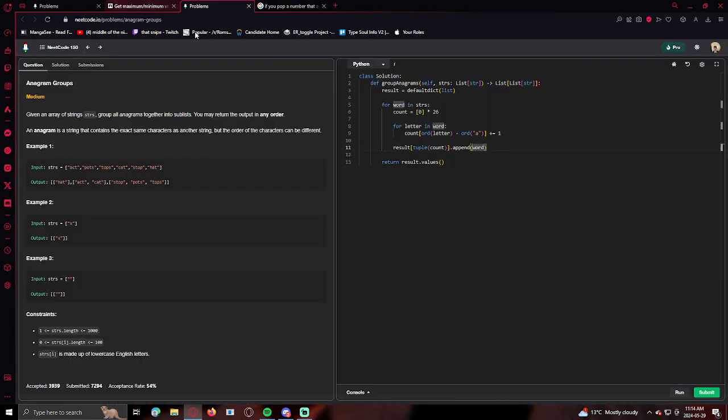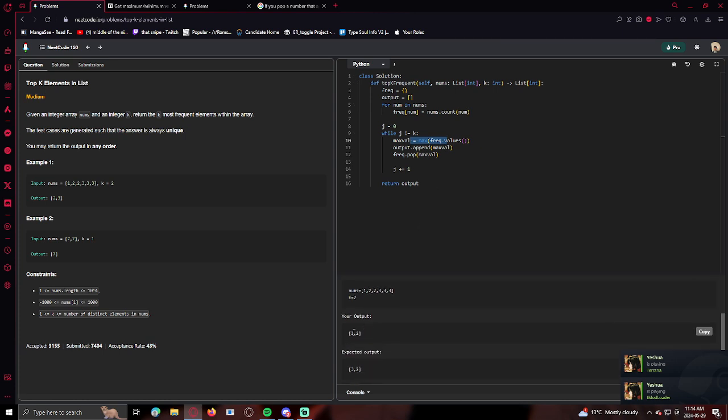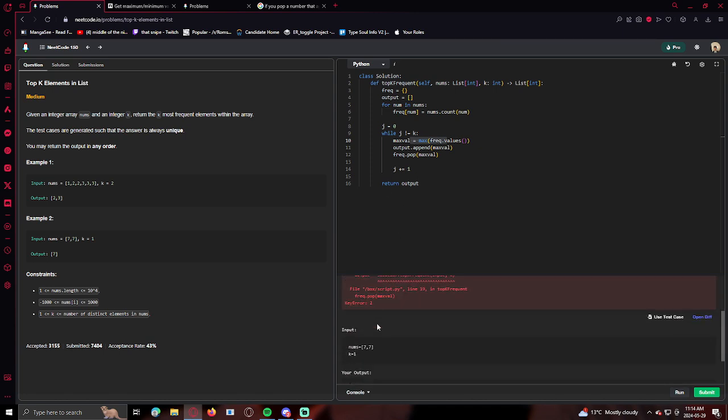Okay, so I'm seeing the problem. The problem with this one is that my dot pop doesn't work, because the logic that I was using dot pop for is: once I get the max, I pop it so that the next max I get when I go back in the function is going to be the next one, right? That's why I do 3 and then I remove 3 from that. But I should be fine though, because this max val